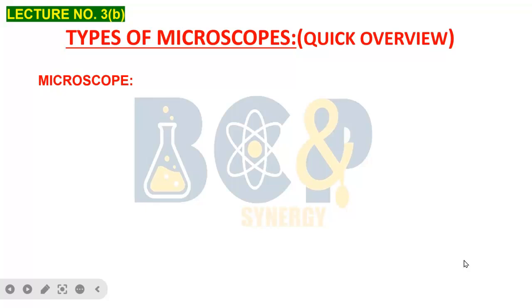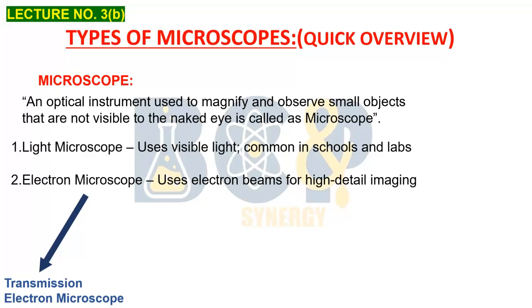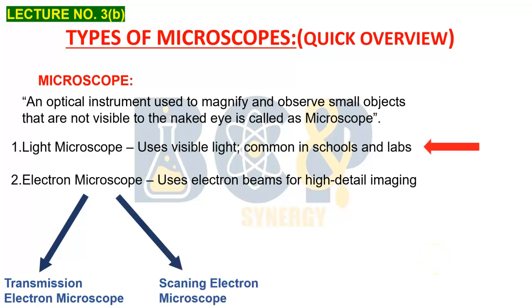This is part B for lecture number 3. In today's lecture, we will study about light microscope. In the last lecture, we took an introduction about microscopy, microscope, its importance, then the important terms about microscope and the types of microscope. So this was the last slide. We have looked about the microscope and its types. In today's lecture, we will consider light microscope.